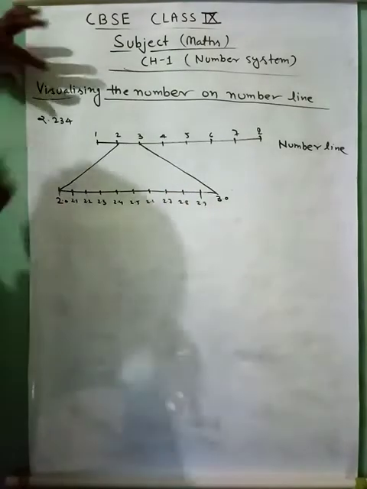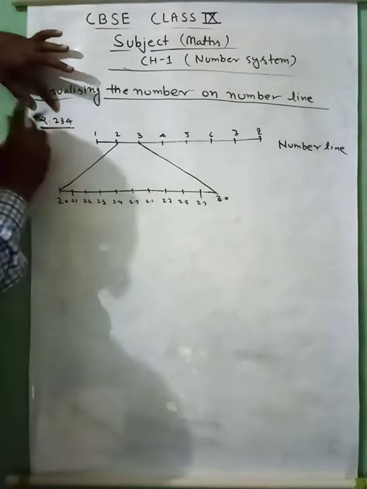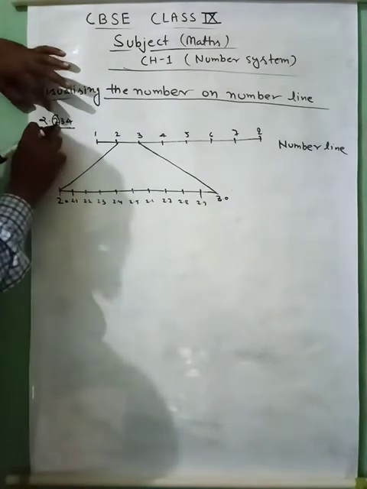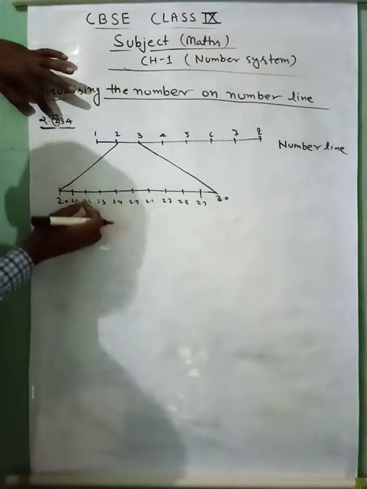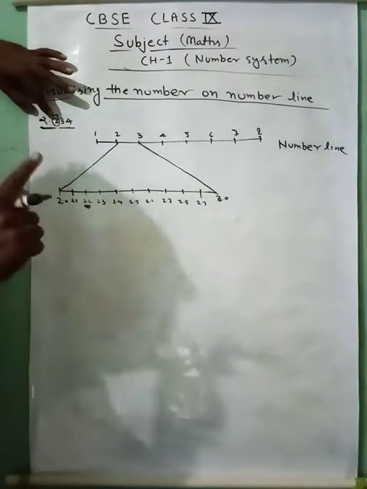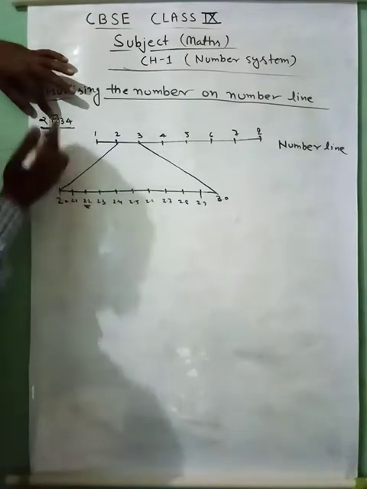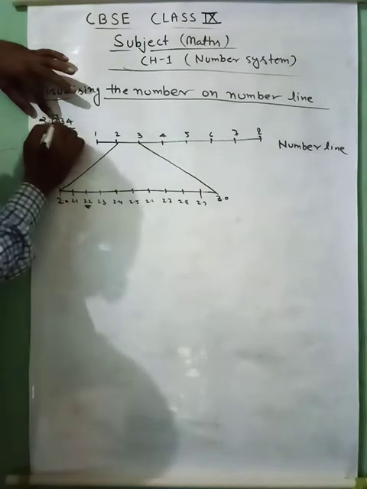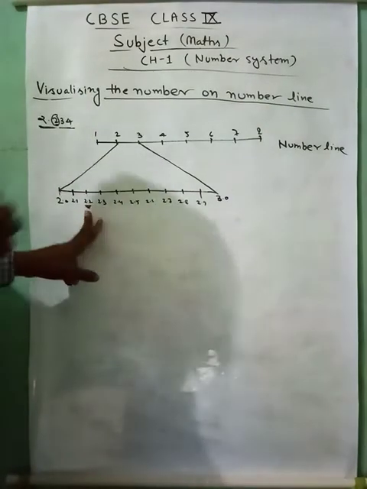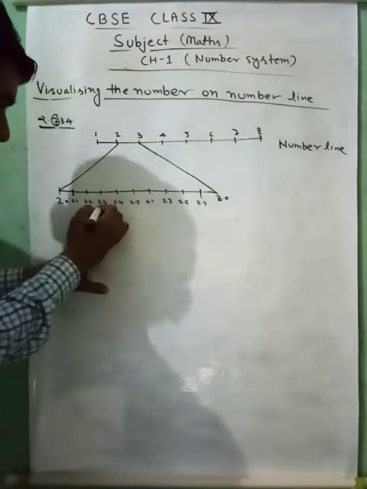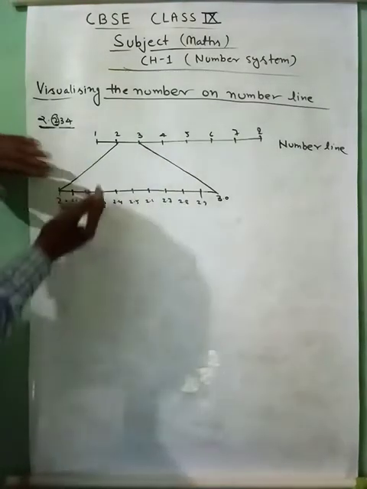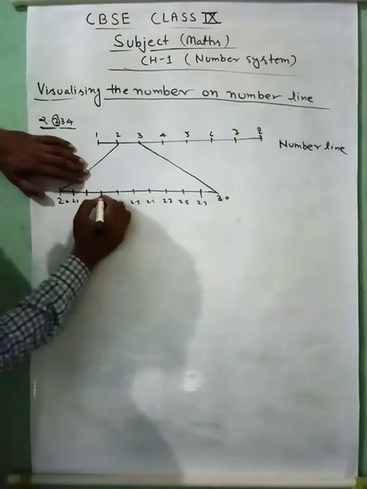Now see, it is 2.2. First digit first we will see, 2.2. So 2.2 is here. It is 2.2. Clear? First we will see the first digit after the point, 2.2. So it is the first number and the second number will be 2.3. Again using the magnifying glass we will see this distance. Clear?